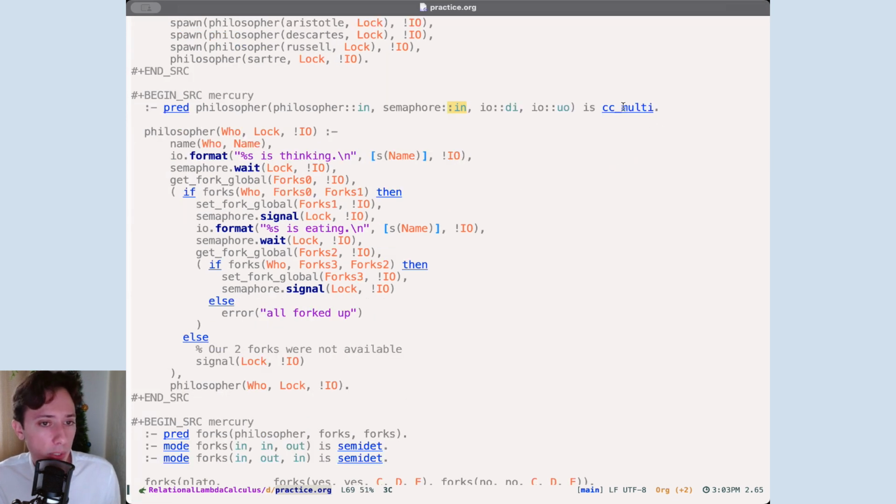And you can ignore this. This is the Mercury. You have to type the determinism that is expected out of the predicate. I can get more into that in the other example. So we're passing down who is the philosopher, the lock, and the I/O, and then we get the name of the philosopher. We present it to the screen, so we cause a side effect on the I/O,